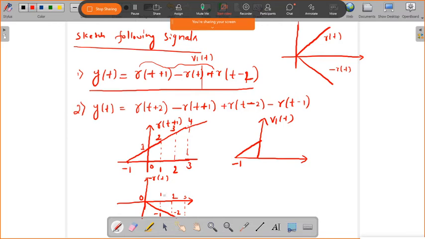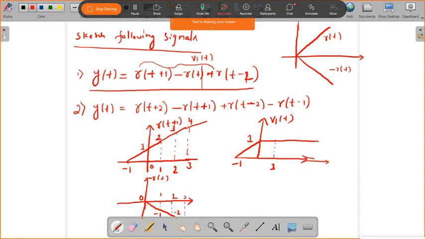So now at 1 you see the value of the amplitude, it is minus 1, and here it is plus 2. So plus 2 minus 1 it will give plus 1. So that means it will remain at a constant value of 1. So this is the amplitude value 1. So now at index 2 the amplitude value is 3, and here the amplitude value is minus 2. So 3 minus 2 again it will give 1. And it will go on till the end.